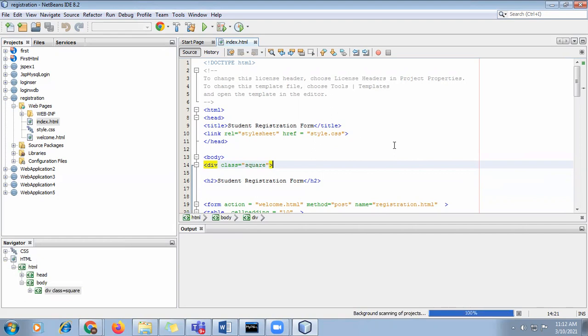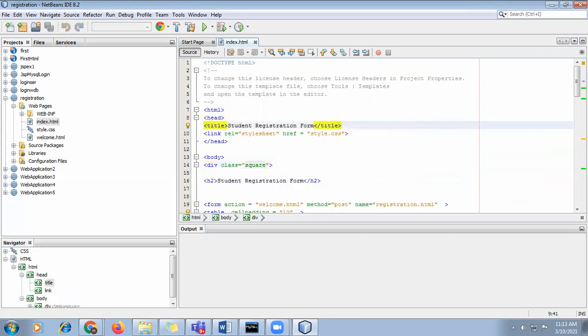Here, as we are developing the student registration form, which is also using the style sheet. So the style sheet is basically used for a good look and feel of the given registration form. In HTML we are going to design our form, and we are going to give the good look and feel using the CSS or style sheet.